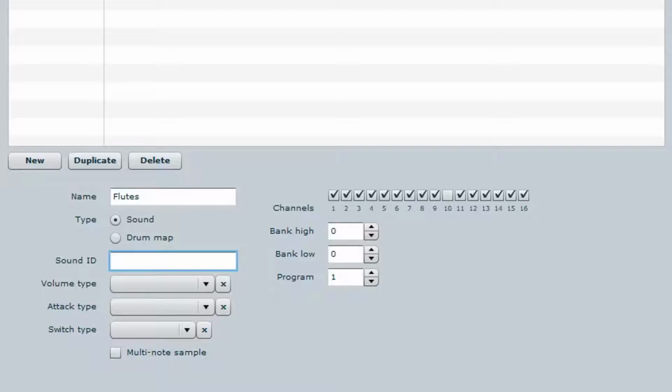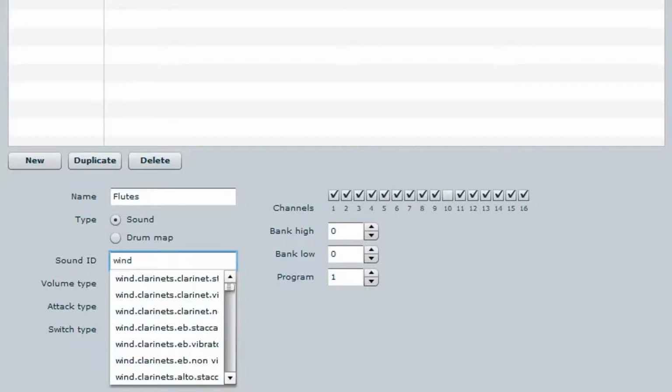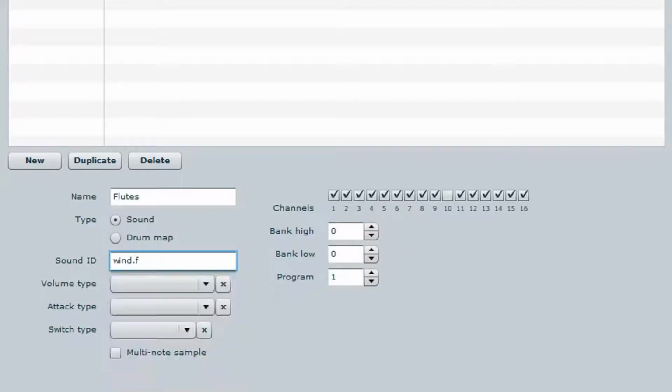Sound ID, this is where I was telling you the difference. It's not going to be plus flutes, plus clarinets and stuff like that. Again, at the end of this video, we'll have a timestamp and I'll show you how to do it in Sibelius, okay? So I'm just going to do it real quick. Generally, you're going to have the family that it comes from. It's going to be wind, and these options will come up as you get closer to what you want. It's going to be wind for the family, and then the type of instrument it is. So this one in particular is going to be flutes